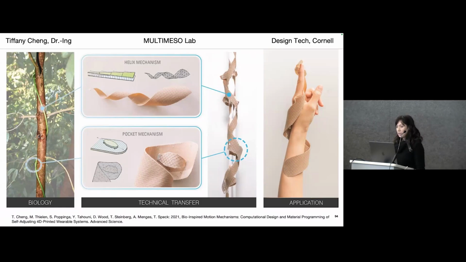So we look a lot at new biological role models from known role models like the pine cone, but also new role models. I look a lot at plants because some of these plants don't use any metabolic energy to change shape. And here in this example, we're actually looking at the tensioning behavior of the air potato plant, which is this twining plant that sort of tensions itself as it climbs onto a smooth support structure. And we studied that approach, and we transferred it to self-tightening splints as one of those applications.